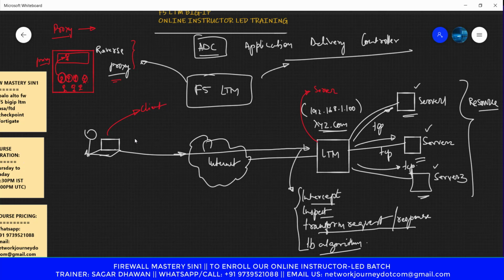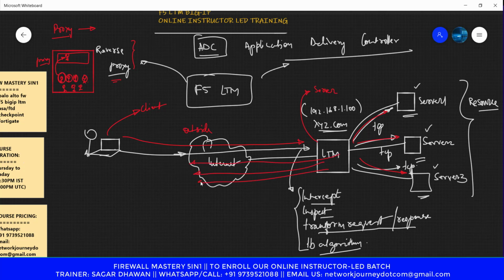Whatever traffic comes, it's coming from this direction, that is outside to inside direction, right? And then LTM forwards the packet depending upon the load balancing mechanism, and then it's going to respond back.